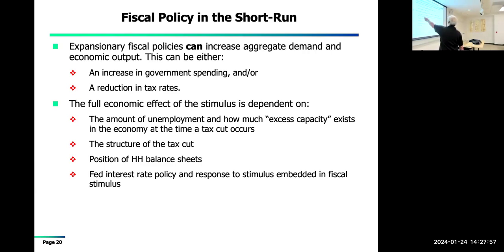So what is this? Expansionary fiscal policies, deficit finance, can be used to stimulate the economy and generate more economic growth when the economy is weak. Okay, you're going to see, for example, during the Depression, all of FDR's programs